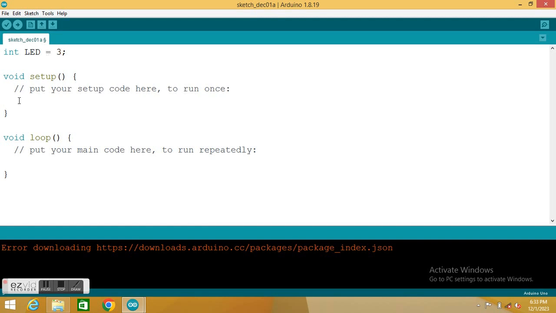So what do we put in the setup? Remember, this 3 is a digital pin, but what is the mode of that pin? That pin is connected to an LED, but is the LED going to input signals or output? When we are connecting an LED, we expect it to output signals in form of light. So the pin mode of the LED should do